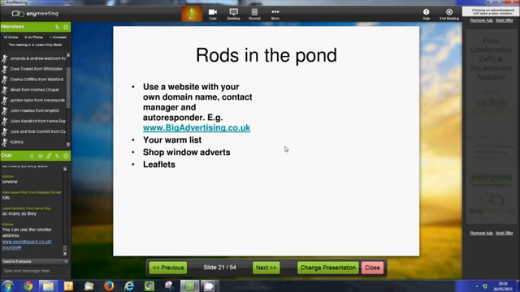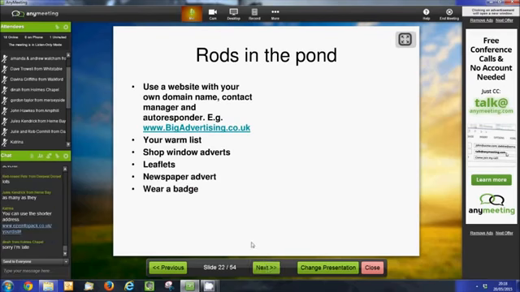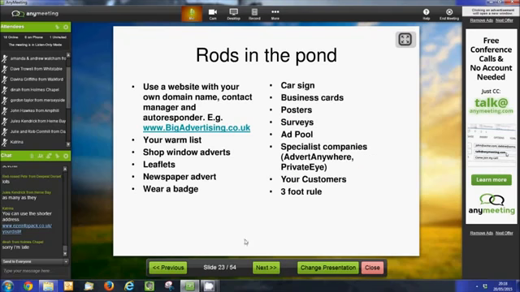And there are other ways of getting adverts. For example, newspaper adverts. And there are internet companies, specialist companies such as Advert Anywhere and Private Eye, where it takes you next to no time to do it. You can just register, it might take you 5 minutes, get a newspaper advert, take you 5 minutes to email it to the relevant department, but you'll have to pay for it. So depending on your situation, if you've got time but not a lot of money, then you'll be using certain of the rods.